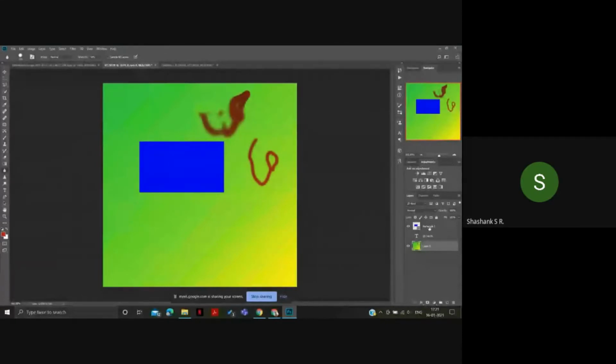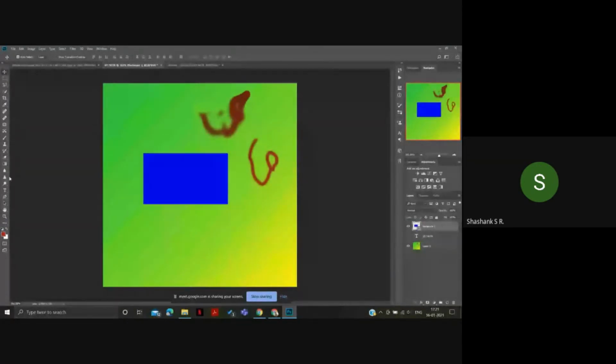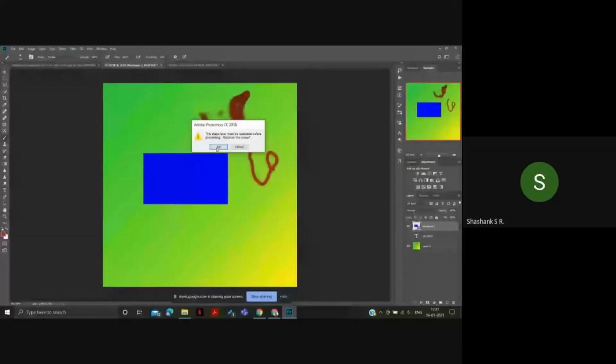If you wanna do it on the blue thing, you have to select the blue interface over here, and then write something on it, and then use the blur tool. First, this is not happening because this interface should be rasterized. If it's not rasterized before, it asks whether it should be rasterized or not. So you have to click on OK, and then draw something on this and then use the blur tool. So it's blurred now.